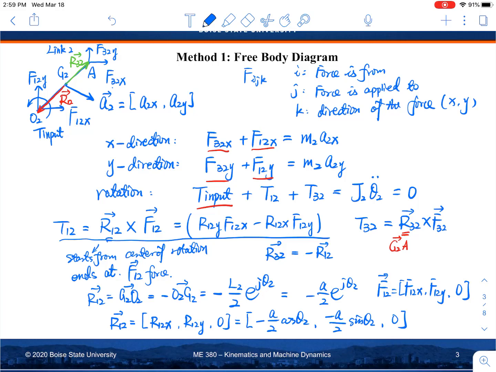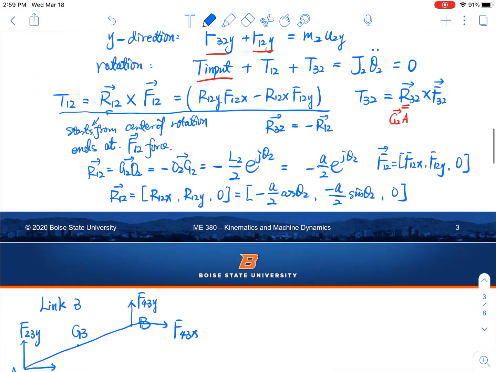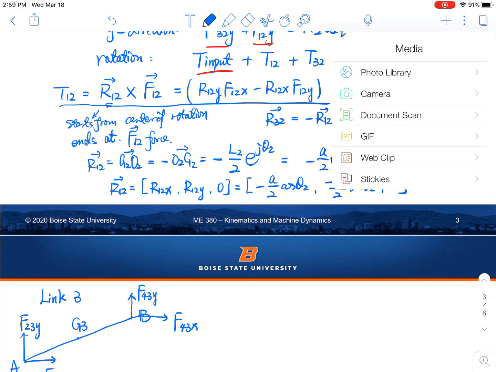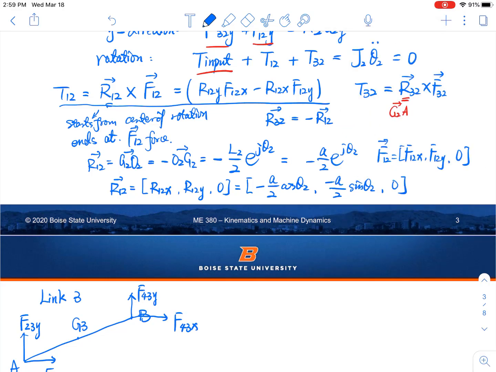Because they have the same length, they're on the same line. The only difference is that they have a different sign. So that's why you just put a negative sign in front. So by summing these together, we have,